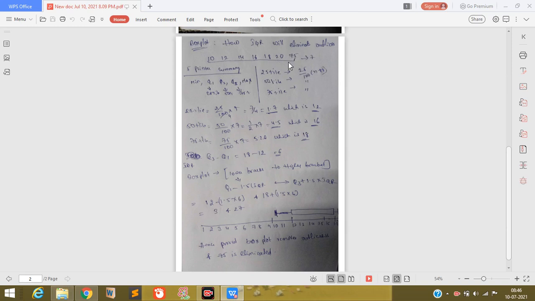So I have added 75 as an outlier, intentionally. Let's see if this comes out as an outlier, then we can remove it with the box plot and interquartile range. How we can do that, we'll see. The 25th percentile came out as 1.7, the 50th percentile is 4.5, and the 75th percentile came out as 18.